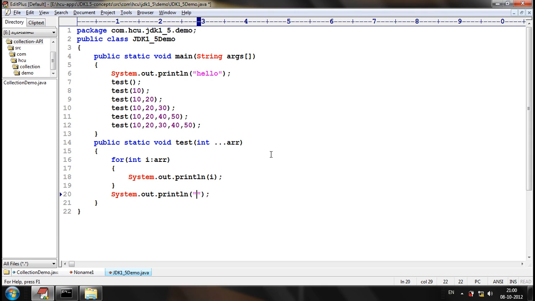Just this star line will differentiate between multiple method calls.